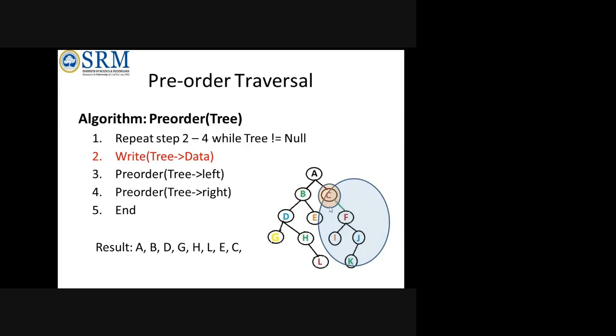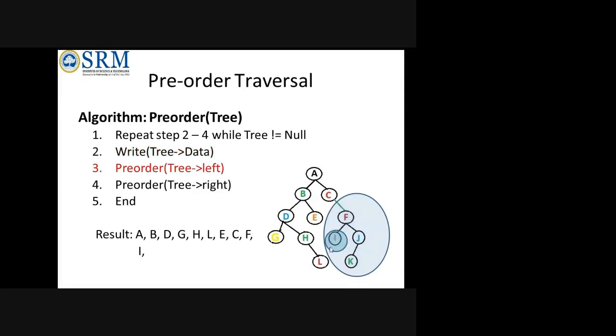Again, it will see whether it has a left child; there is no left child for C. So it will come to the right, F. When it comes to F, the algorithm will check whether it has a left and right child. F is the root node of I and J. So F will be taken. Now it will see that it has a left child, because next is left only. So left I. When it sees the left child, it will again see whether there are any more nodes to the left and right of I. No more nodes. So it will come to F.